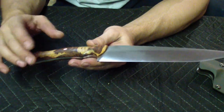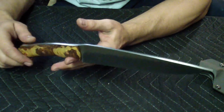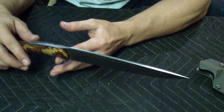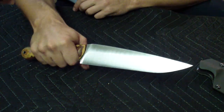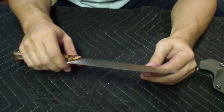And it's very light. I don't know the weight yet, I didn't weigh it, but when I list it on the Gear Basher, in the listing you're going to see the weight. It feels like it's somewhere around 10 ounces, probably maybe 11, 12. So it's very lightweight for how big the knife is. And I really think it's going to make a really cool camp knife. There's plenty of good thicker